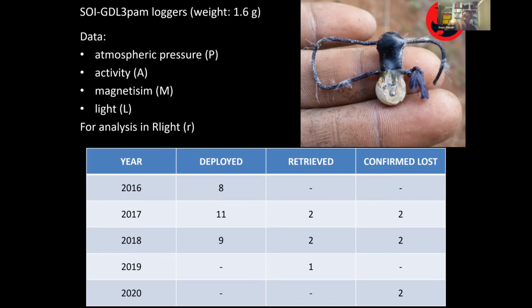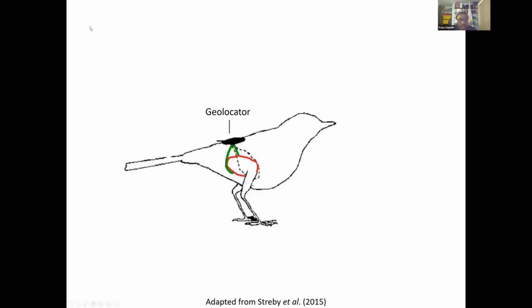So a lot of the satellite transmitters, which are really awesome and they provide real-time data, they are much heavier than what we can put on the kingfishers. So we used these data loggers, which are...